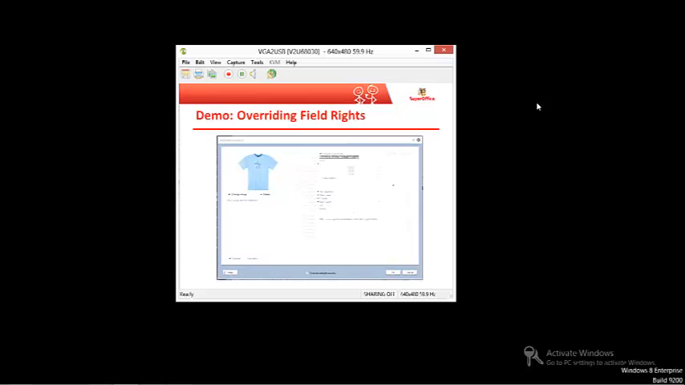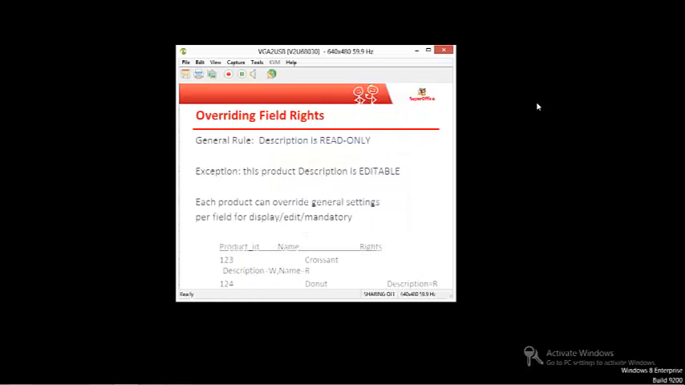So yeah, I'll show you this. See if we make the services editable. So this lets us do things like this. In general, descriptions are read-only, but for this particular product, the user can edit it and fill it out. And the way this is stored in the database, here,